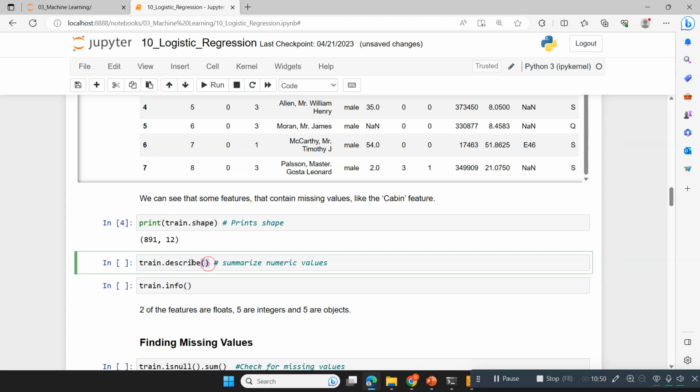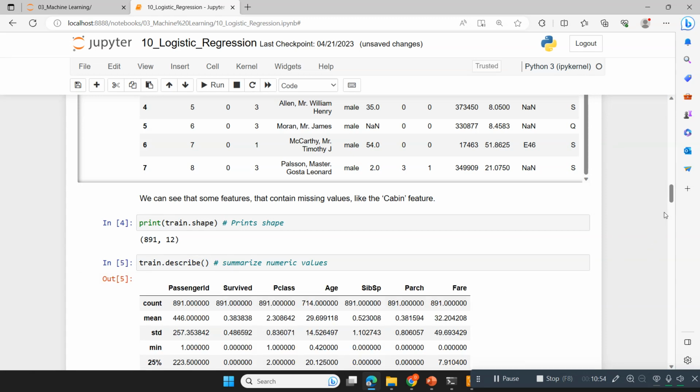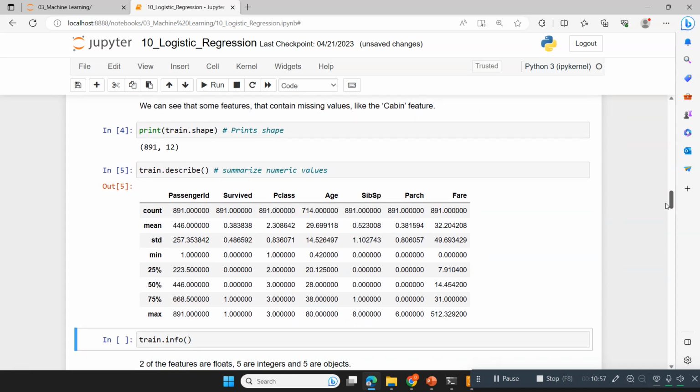So pandas is providing the function describe. So it describes your data. By default it describes numerical columns. These are the numerical columns: passenger ID, survived, P class, age, SibSp, Parch and fare. And these are the metrics. Count means number of rows, and mean, average value, standard deviation, minimum, 25 percentile data, 50 percentile, 75 percentile and